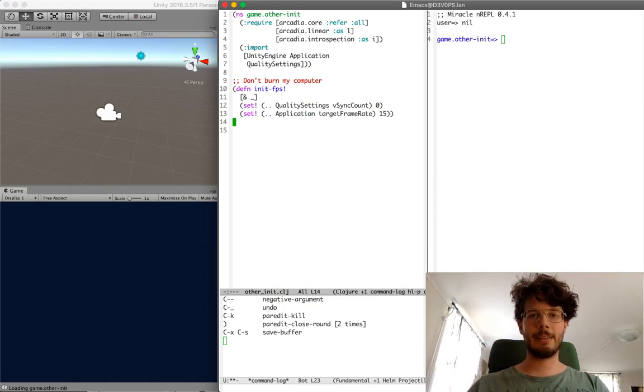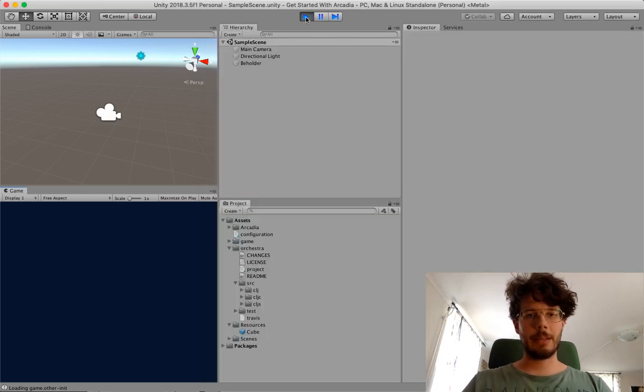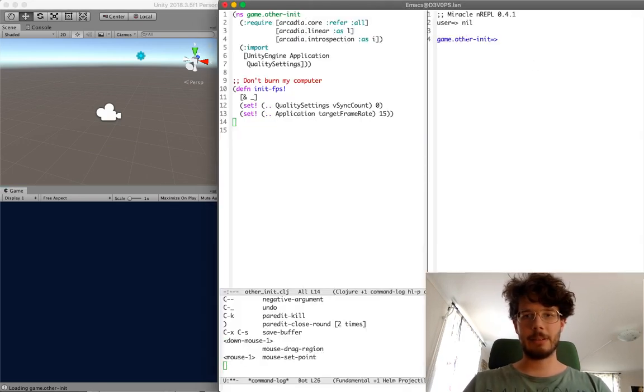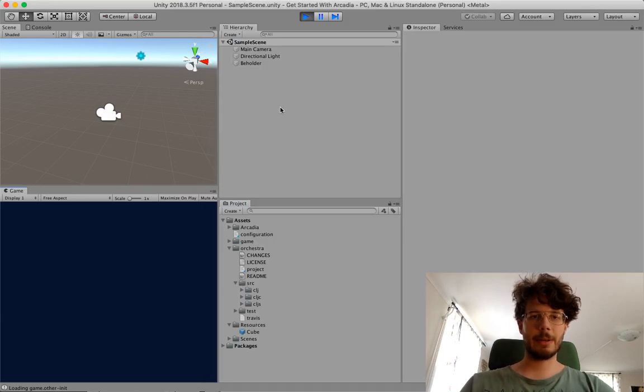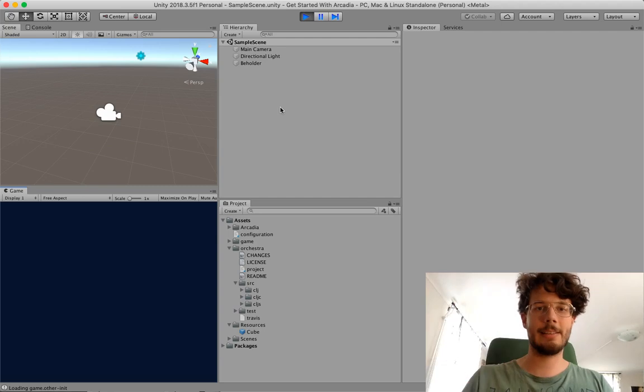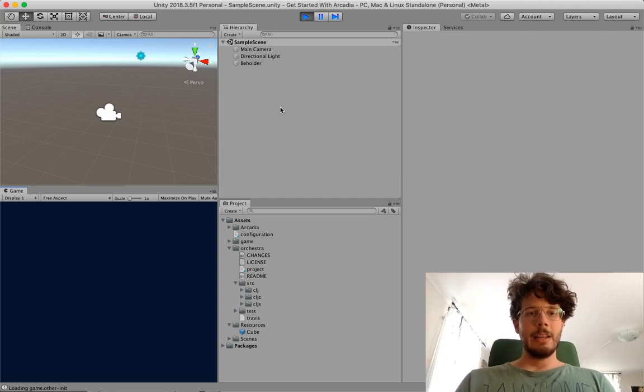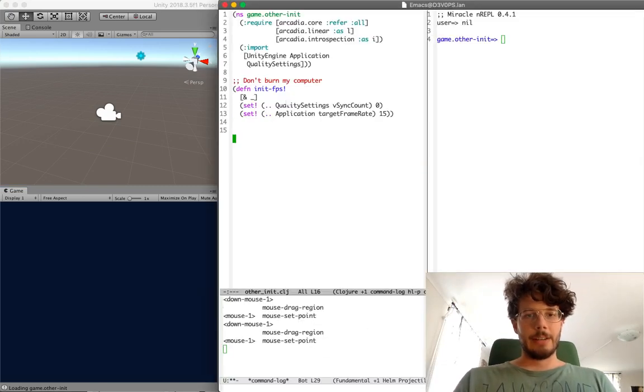Hello and welcome to a quick and dirty episode on how to initialize your scene in Arcadia. I'm already in play mode and I have my REPL started. If you don't know how to get this far, you should check out my other episode, which I have linked in the description below. So, without further ado, first of all, we will run this function that I have defined,